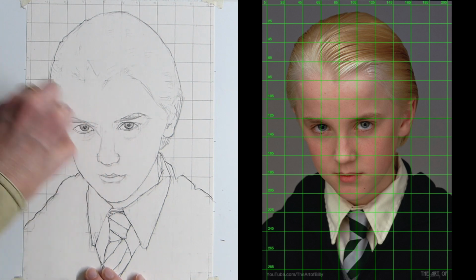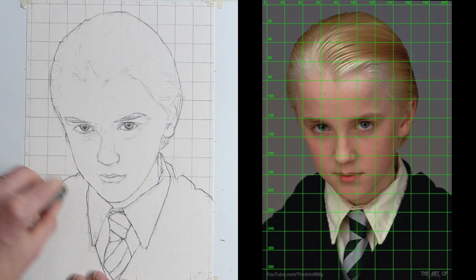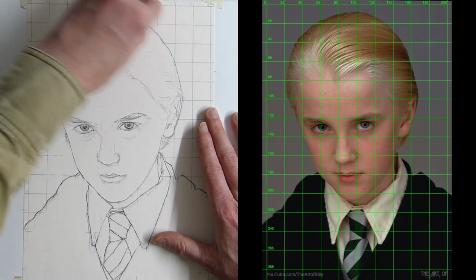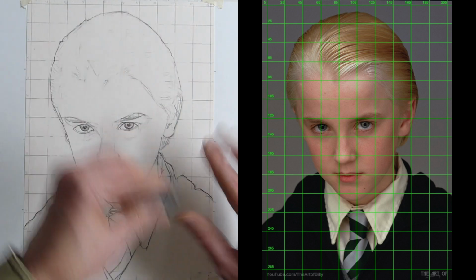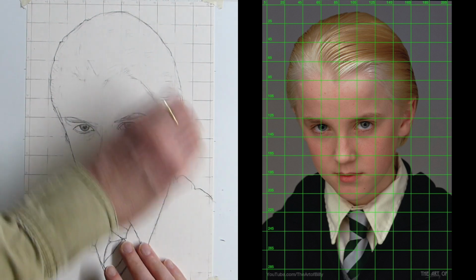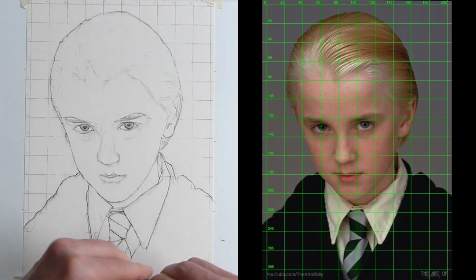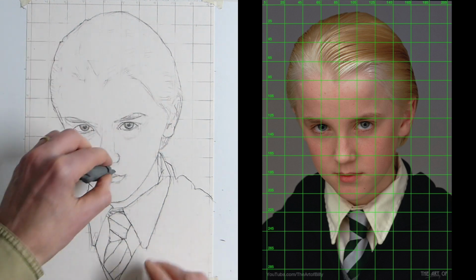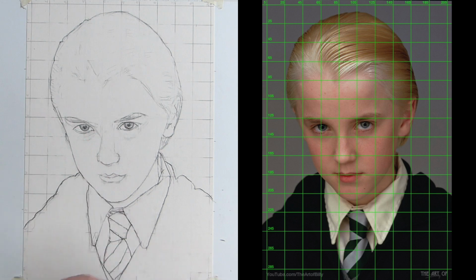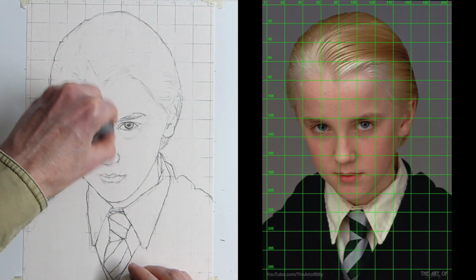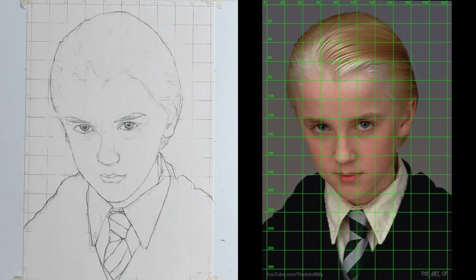So now I have removed, I'm just going to artfully get rid of some of the construction lines around his head with, this is my putty rubber, putty eraser, and this has allowed me to get rid of some of the lines like inside his ear and his lips. Now if you'd have drawn the construction lines on very lightly, they'd have come off and you wouldn't have any construction lines underneath, but I think it's rather arty. Now there we have Draco Malfoy